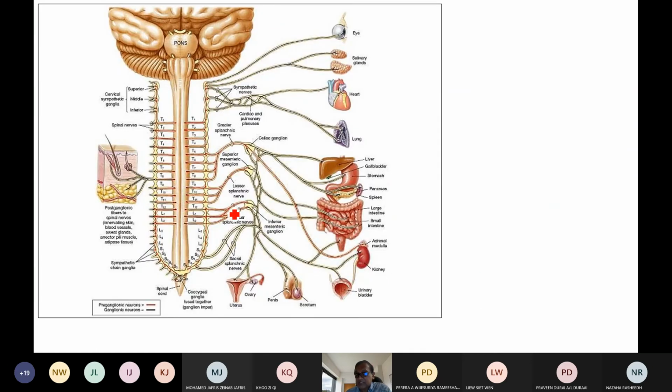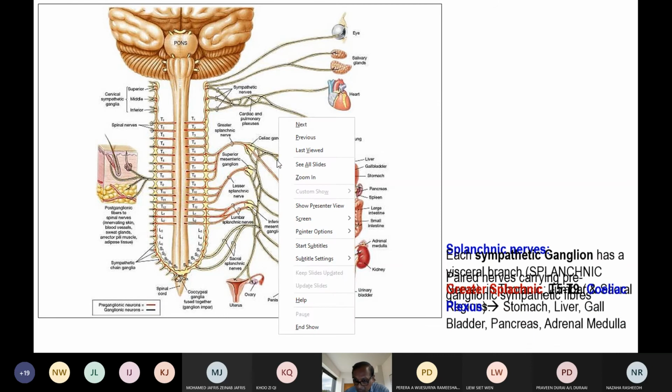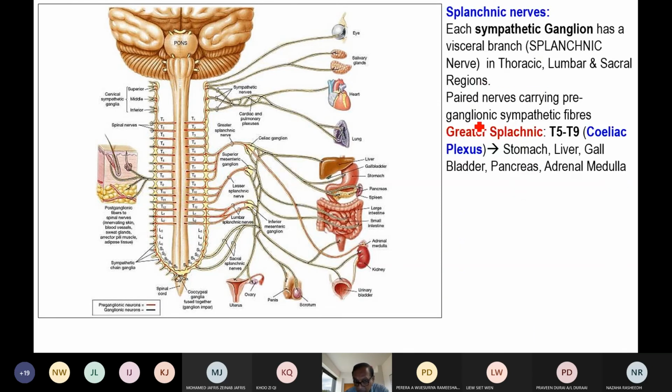Coming to the sympathetic nerves, in the abdomen they are divided into three parts. We already noted the greater splanchnic nerve, lesser splanchnic nerve, and least splanchnic nerve, and they carry the pain. First is the greater splanchnic nerve, which mainly comes from T5 to T9. That is why any pain in the supplied organs, stomach, liver, gallbladder, pancreas, will be in the epigastric region, because the epigastric region is supplied by T5 to T9.